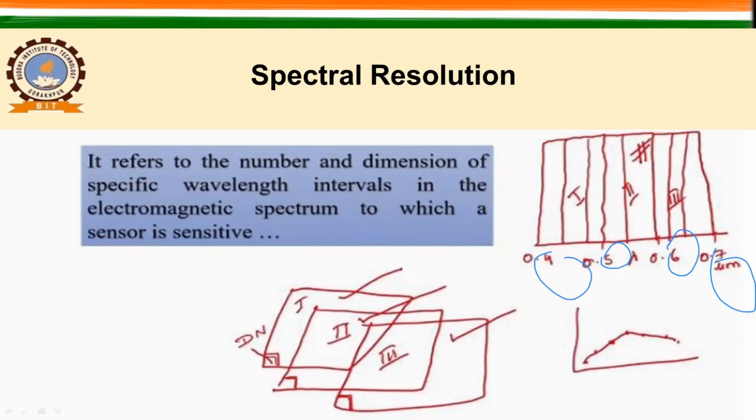Now, if you have a sensor which can capture only this particular wavelength, for this particular wavelength, what will happen? You will have an image for a given area. In the next one, you have another image. The same sensor can produce two images for the same area, but they use different wavelength regions. Okay, so this is your first wavelength, the second, and this is the third one.